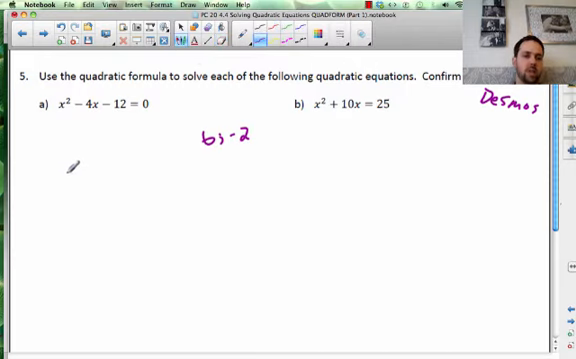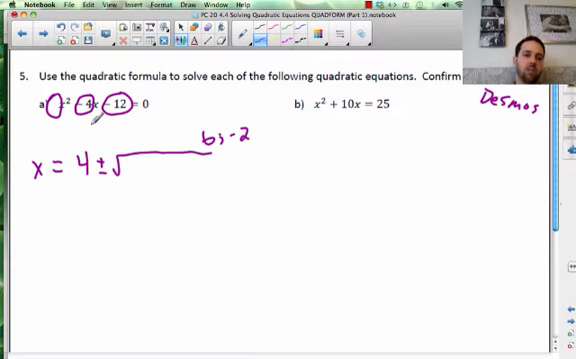So x equals negative b. So a is always the coefficient in front of the x squared, b is the coefficient in front of the x, and c is always the constant. So a here is just 1. It's not 0, otherwise there would be no x squared whatsoever. So it's 1. So x equals negative b. Now that's the negative of negative 4, which is positive 4, plus or minus square root. B squared would be 4 squared is 16, minus 4 times a, which is 1, times c, which is negative 12,